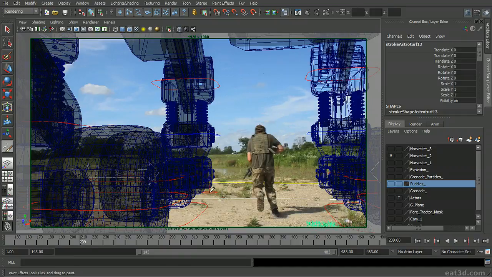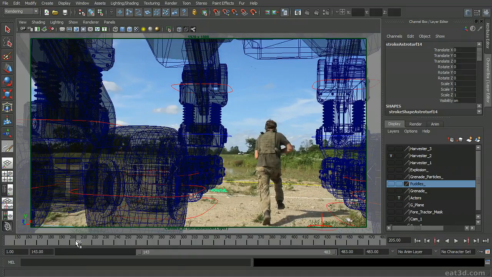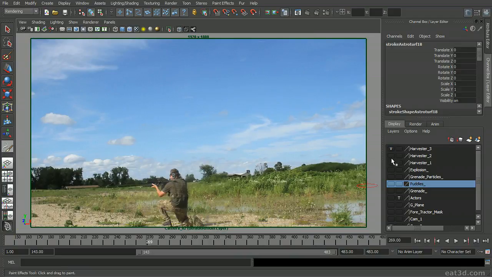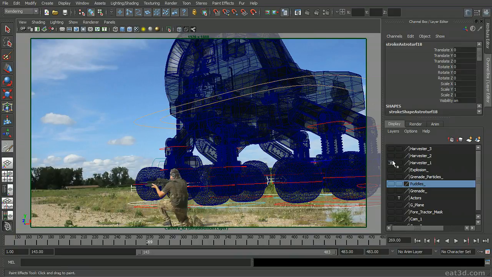Keep moving along here, a little bit of grass here. And it seems like there's a good patch right here somewhere. So I'm going to go ahead and paint that in. I'm going to increase my brush size to a little bit bigger so it starts to eat in a little bit more. So coming through, we'll switch over to the harvester number 1 as he shows up. And I want to add some grass